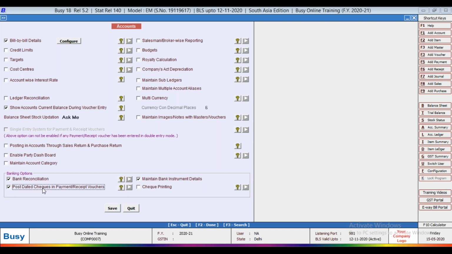In every business, now we are seeing post dated checks in payment and receipt voucher. So how will it work? Let me see.